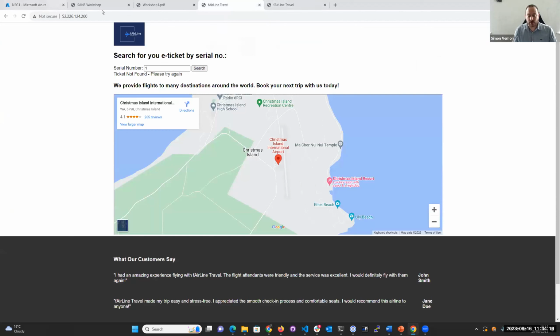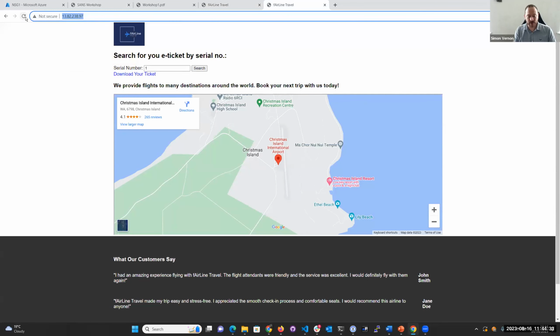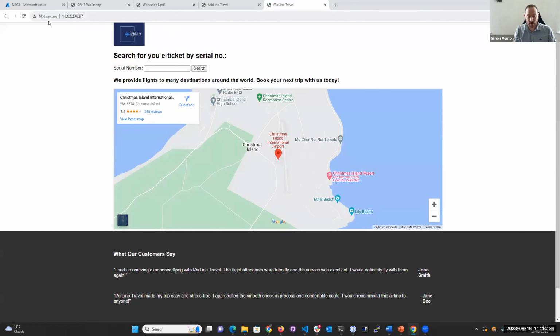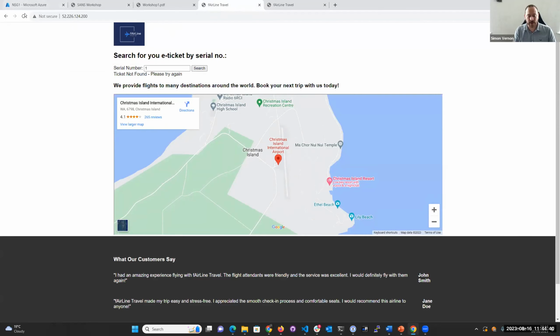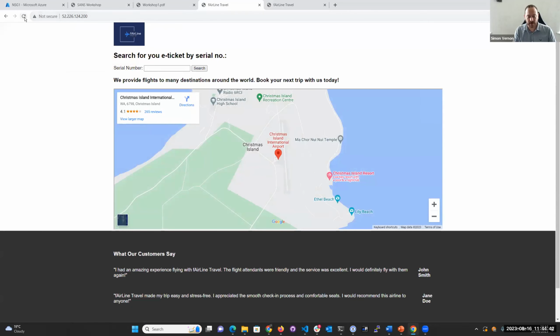We can test that. NSGs take anything between 5 and 15 minutes to apply, so we have to wait a few minutes for that to take effect before we can test it. What we have to do is make sure that the web server through the public IP address for the application gateway is still working, whereas the existing website on the original access will be denied. As I said, network security groups take a few minutes to deploy, and we'll come back to that one